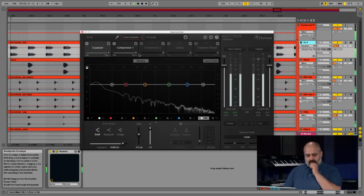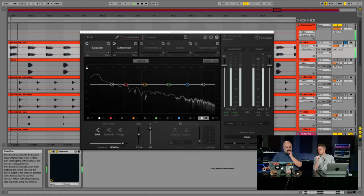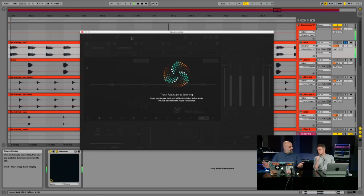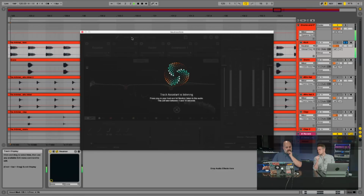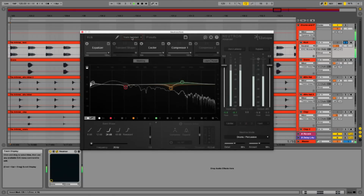Now, the first thing I want to do here is just listen to the kick on its own, and then I'm literally going to hit the track assistant button, and Neutron is listening to the track. Come on, Neutron. There we go. So this is what Neutron thinks we need to do to the kick drum as a starting position. So if I bypass, if we A-B it,